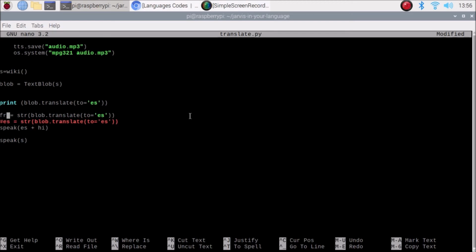So FR is just a variable, but here this is what our code FR. Now in speaks, as you can see here, I have mentioned 2 variables because I want to go with 2 languages. If you want to go with 1 language, just remove 1 and set only 1. Now I just want to go with 1 variable, which means the FR variable. So FR basically stands for the French language. Okay, so then it will convert the speak module. It will convert the Wikipedia sentences and it will speak in French.